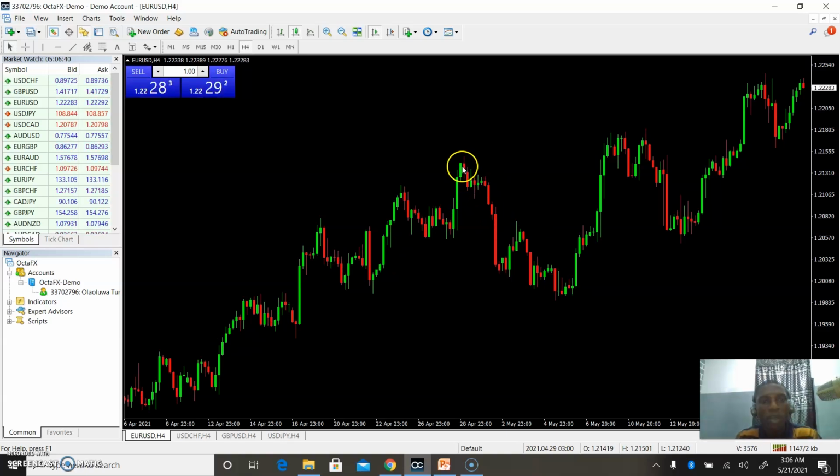So at this point, when the euro got weakened and the dollar became strengthened, you see the drop in the power of the euro. And when the euro started becoming more strengthened against the dollar, you see the rise. And when the euro became weak to the dollar, it fell a bit. So you can see that for these currency pairs, either the base currency or the quote currency can be strengthened or weakened, and this is used to determine the direction of the market.